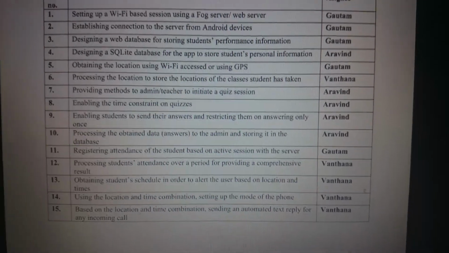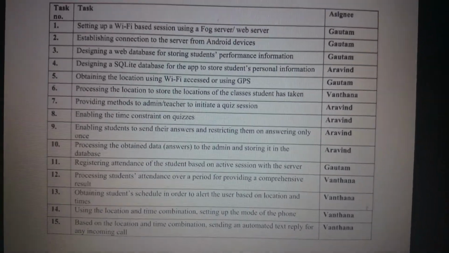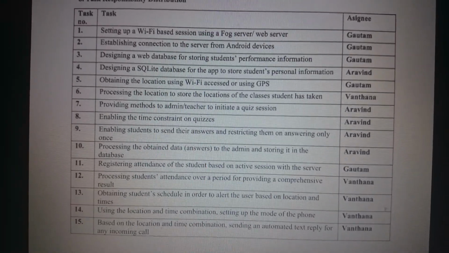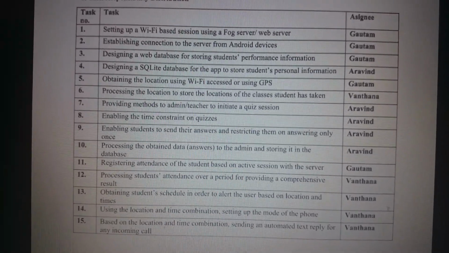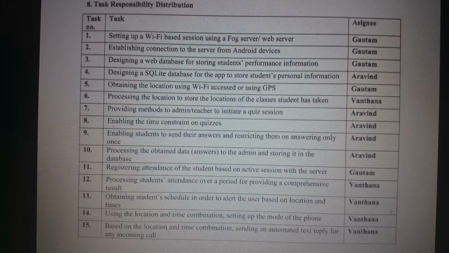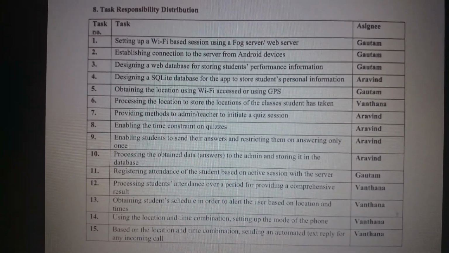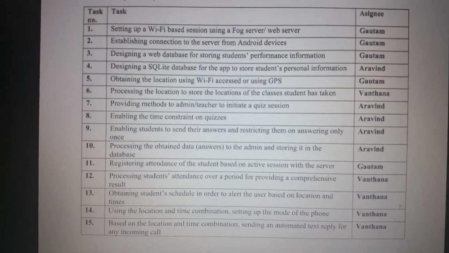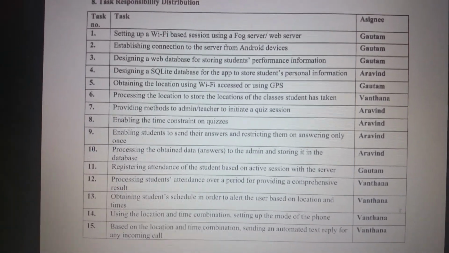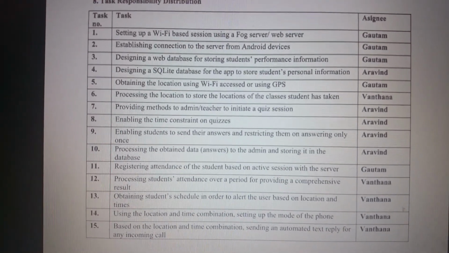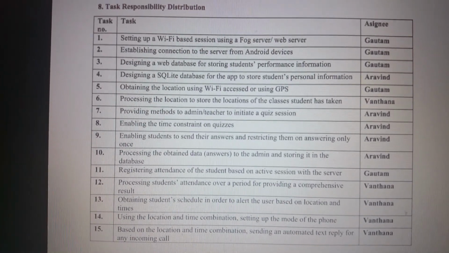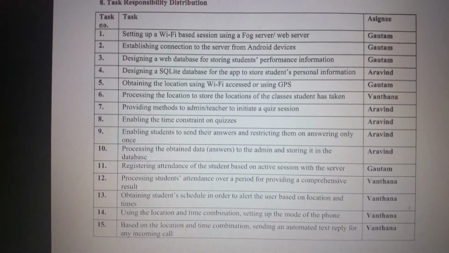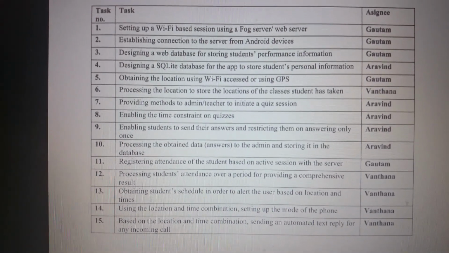What you see now is a list of tasks which we had submitted for our proposal. I have addressed tasks 4, 9, 13 and 14. Previously, I have also addressed the extra tasks which we have implemented. Tasks 1, 2, 5, 6 and 11 have been addressed by Gautam. Tasks 3, 7, 8, 10 and 12 along with 2 extra features in the teacher's application have been addressed by